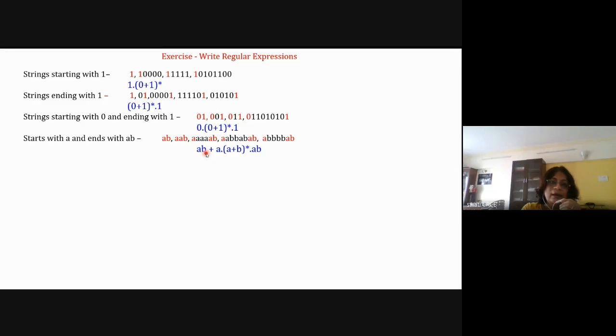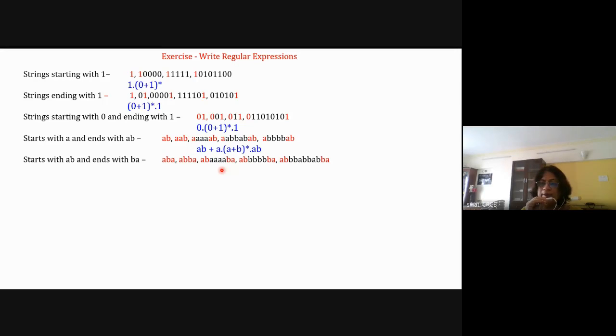So similarly, now the next one, strings starting with AB, ending with BA. So you have to write down all the valid strings. First, identify the minimum length string. Here also the same concept, starting with AB, ending with BA. So I can say that ABA is a minimum length string. And then starting with AB, ending with BA, here also everywhere, starting with AB, ending with BA, in between that, anything can be there. Any combination of A's and B's are there. So tell me what to write.